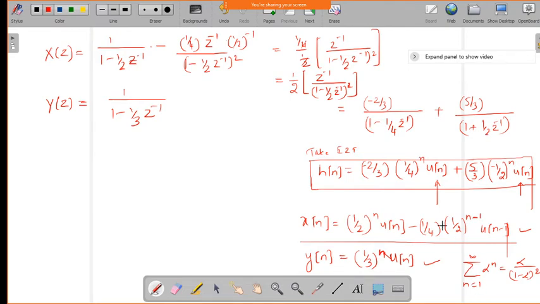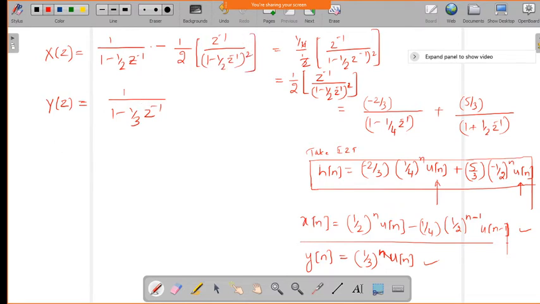So the form which we have used here, and you have to find out the Z transform. This we have found and replace that one here, okay, and you will get the X of Z. So what is the resultant X of Z? It is half into Z inverse divided by (1 minus half into Z inverse) whole square.